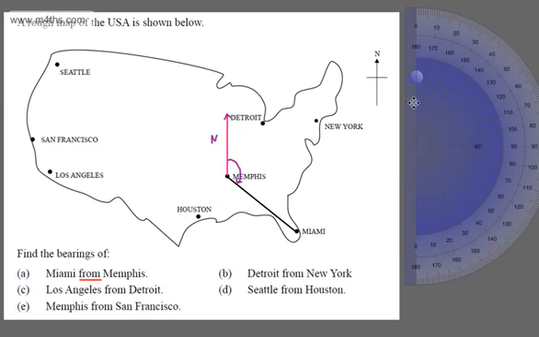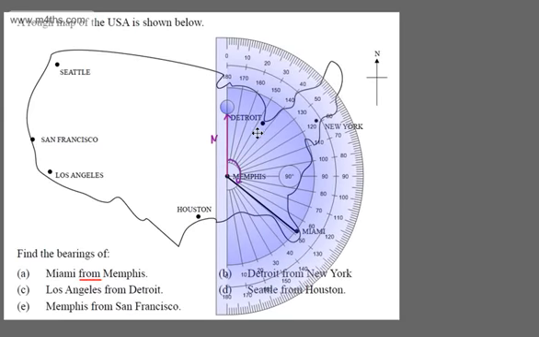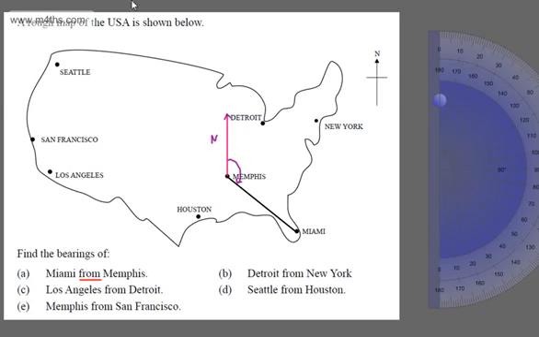So with the protractor we can move this into place. So I'm going to put that on my north line and I'm going to measure round the top. So we can see starting at 0 we go round the top. Now that looks to be around here, which is about 128 degrees. So I've measured around the outside and it looks to be about 128 degrees. So what I can say then now, and I'll write this on, the bearing of Miami from Memphis is going to be